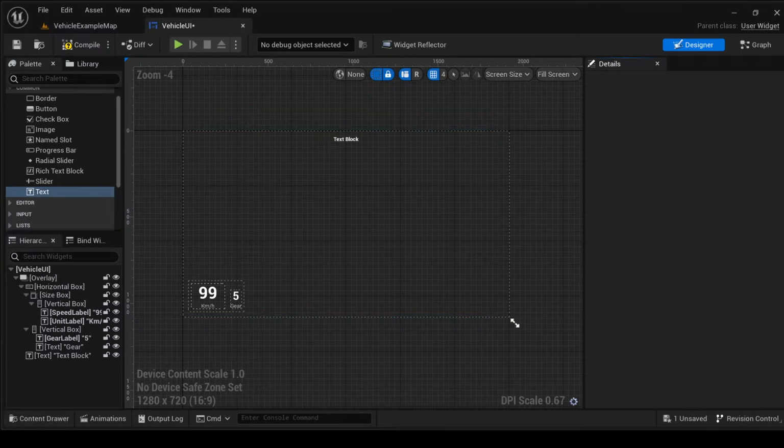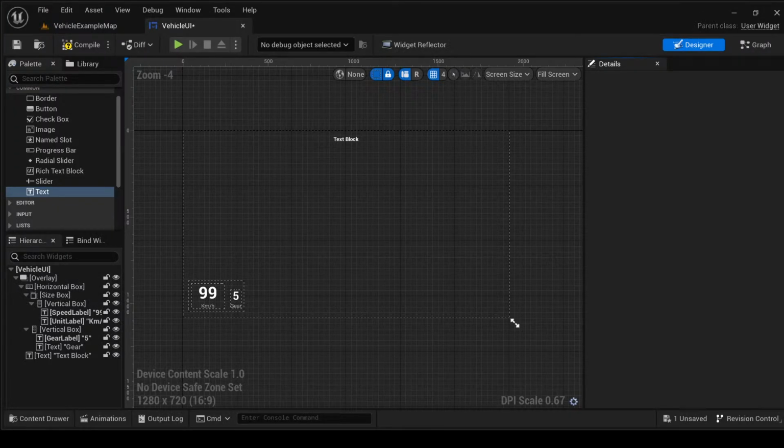Here in my hierarchy panel, and just to break down very quickly, this is the UMG editor, the Unreal Motion Graphics editor. We have this designer part of the editor. Here we have the palette of all the widgets that we can drag and drop, images, progress bar, etc. And we also have the hierarchy of the overall design. The details panel works exactly the same as in Blueprints, where we can click on any of these widgets and change their properties. And also we have this graph part where we can add some code